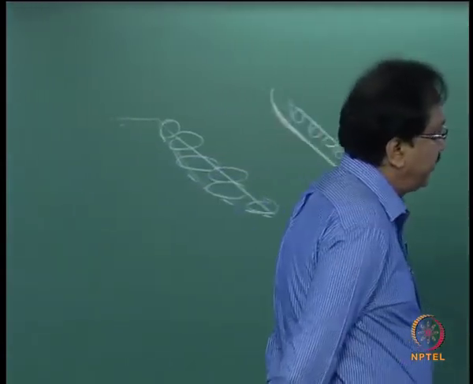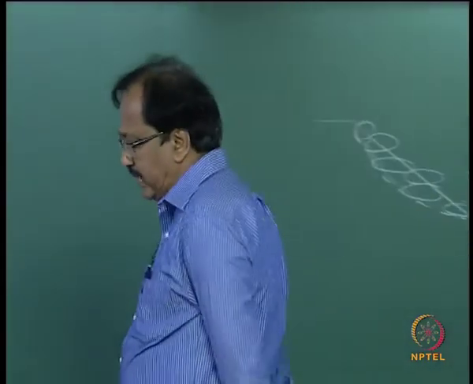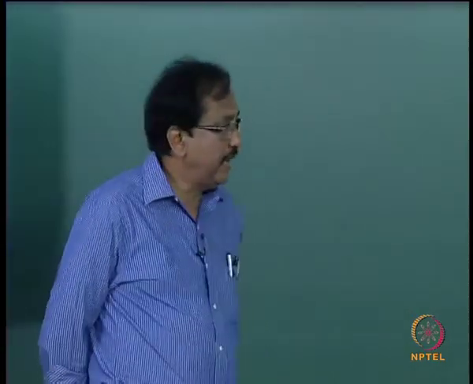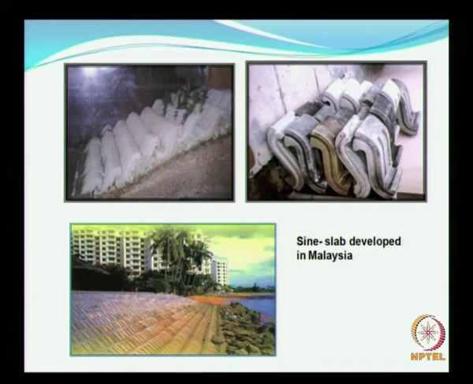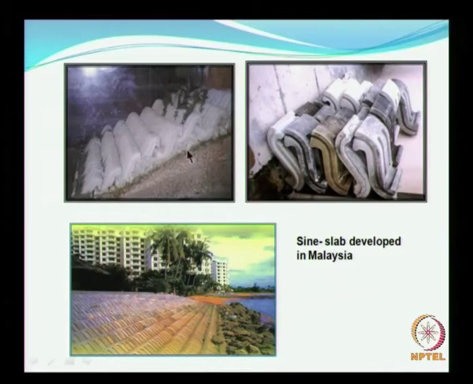So there are other types. This is a science lab which has been introduced in Malaysia, and it was done by one institute under the University of Technology Malaysia, where they have used what is called a science lab. It is something like this, it goes and glues to another, and this is how the revetment can be formed. You see that there is a filter layer, and this acts as a berm, acts as an armor layer.